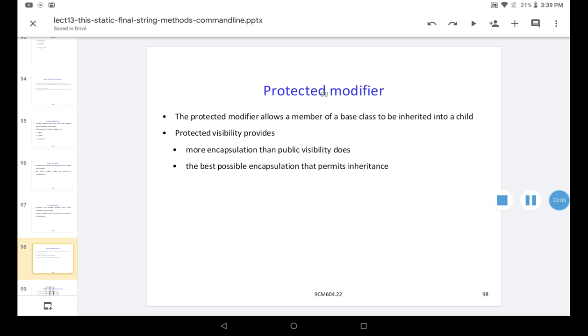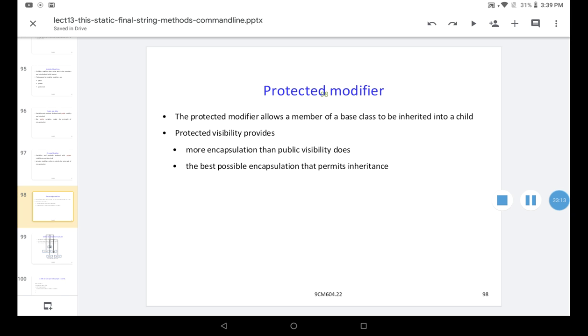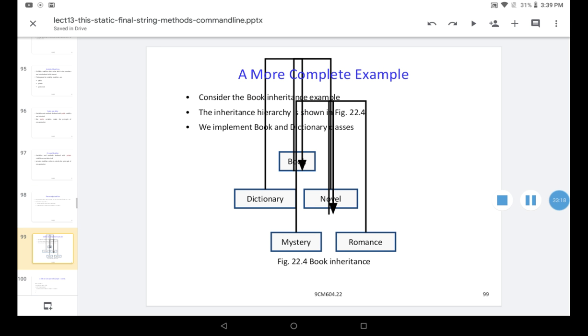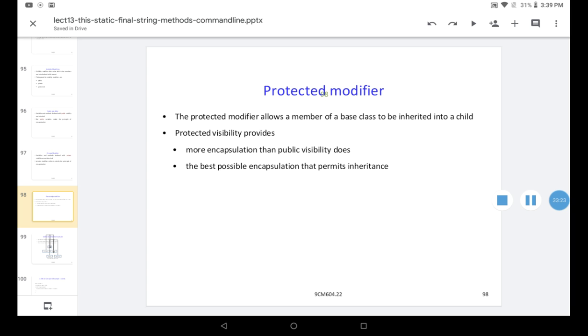So this is somewhat better than private or public, and gives moderate protection to the data. These are the three visibility modifiers we have seen in Java in inheritance: private, public, and protected.